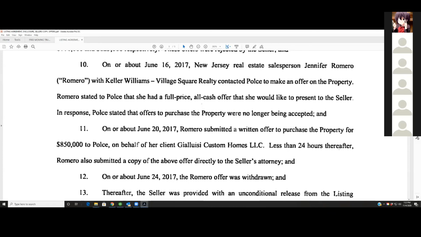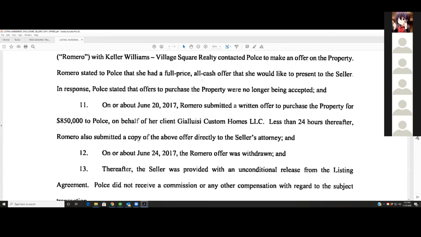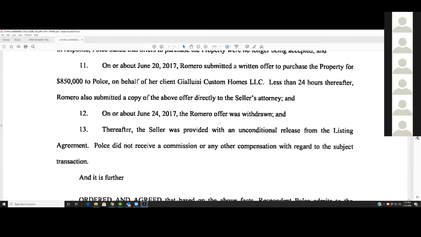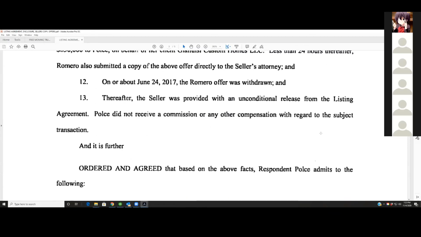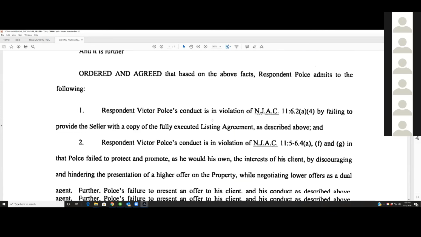Less than 24 hours thereafter, Romero also submitted a copy of the above offer directly to the seller's attorney, and Romero's offer was withdrawn. Thereafter, the seller was provided with an unconditional release from the listing agreement, and the agent did not receive a commission or any other compensation with regards to the subject property. So basically, here's where